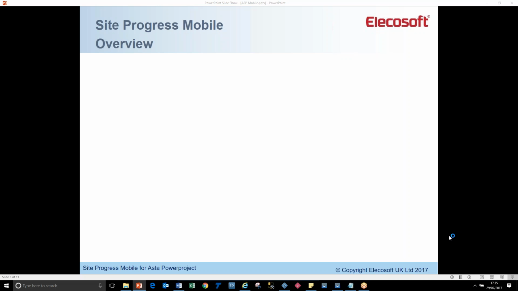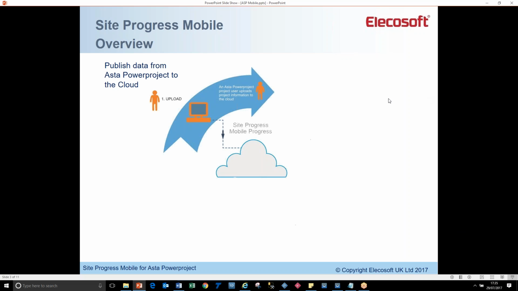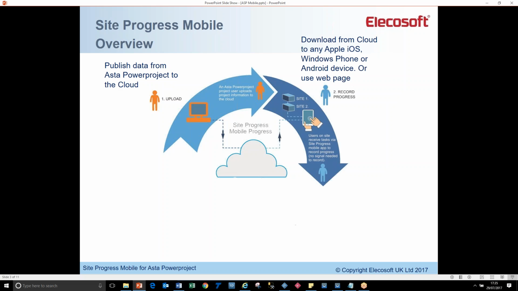But here we go. So I just want to talk you through the process to remind you of what it's about. So we're going to publish data from an Asta Powerproject plan, and we're going to push it to the cloud. So you do need to be connected to the internet whilst that part of it is going on, and you do need to have Asta Powerproject. Once you've taken information out of your project, there's lots of setup involved in that, which we're going to look at. Then someone else, could be you, but probably someone else, a site manager, somewhere remote with a mobile device,